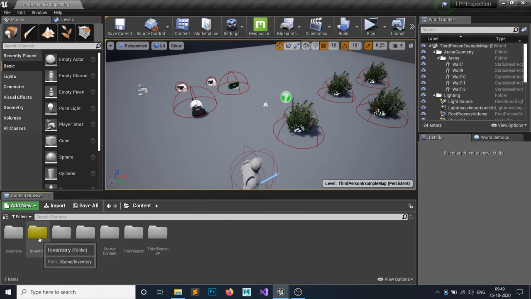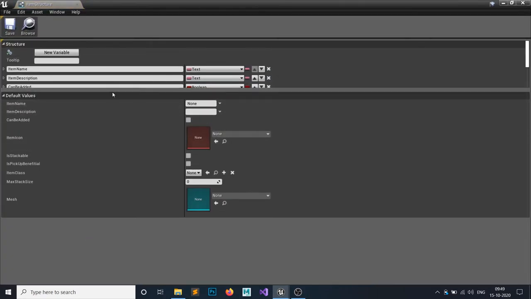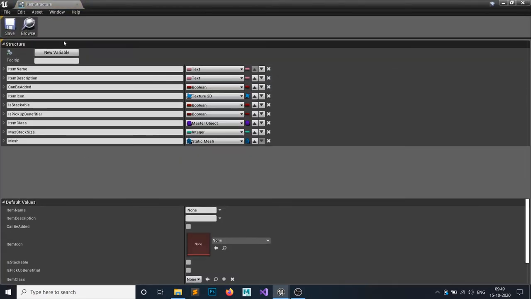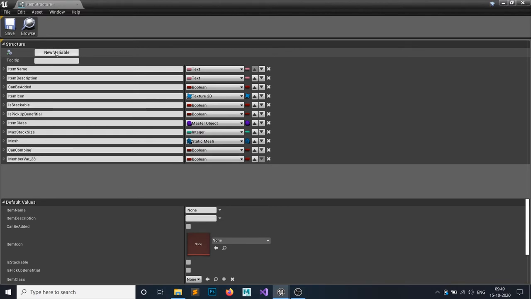First things first, let's add to the item structure. So open your item structure and add a boolean variable called can combine. First we want to check if the item can combine or not. If it can combine, then we want to check for combination. So combination,